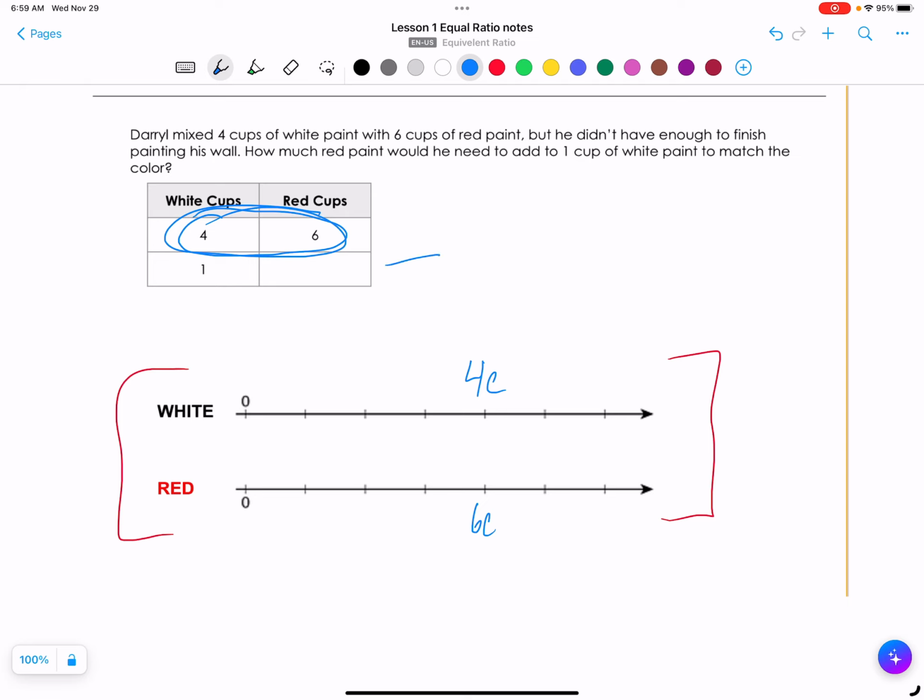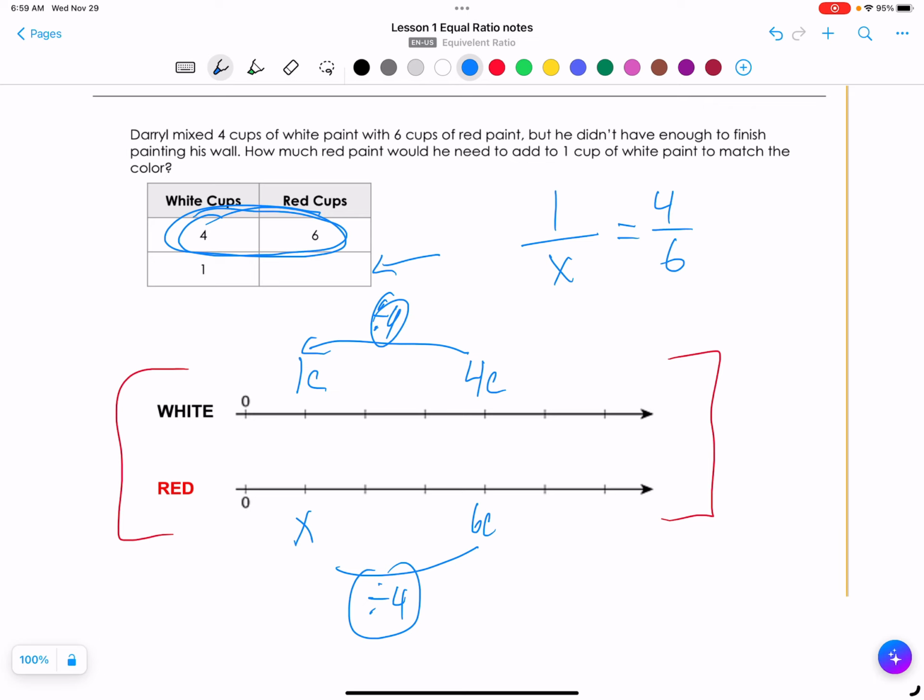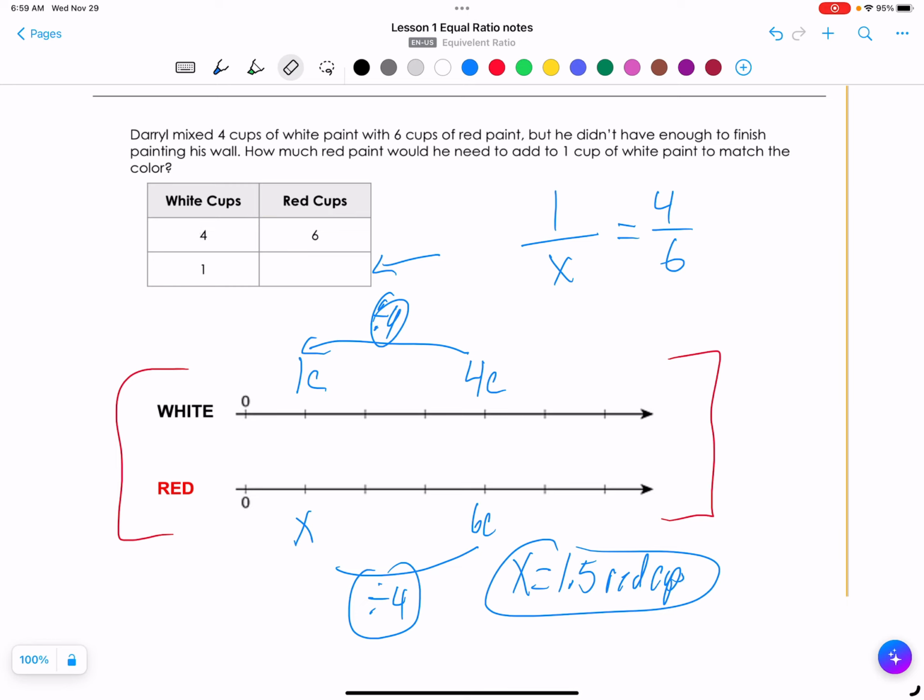Now, what I do need to find out is how many red cups to white cups. So I'm going to put the 1 down here, and this is my X. So it's just like setting up a proportion. We're kind of going backwards here. But now, if you look, this is divide by 4. So I'm going to divide 6 by 4, and that does not go in evenly, but X will equal 1.5, and that is red cups. So let's clean this up a little bit. I'm going to put my 1.5 here,